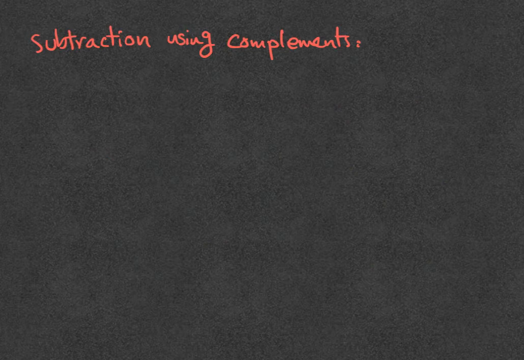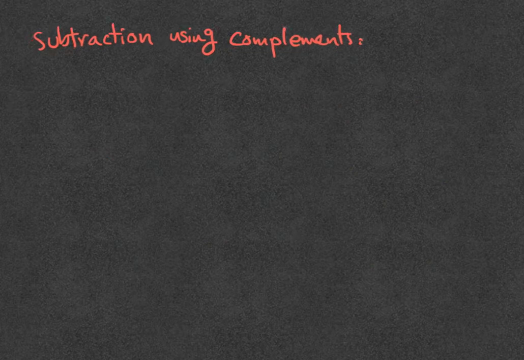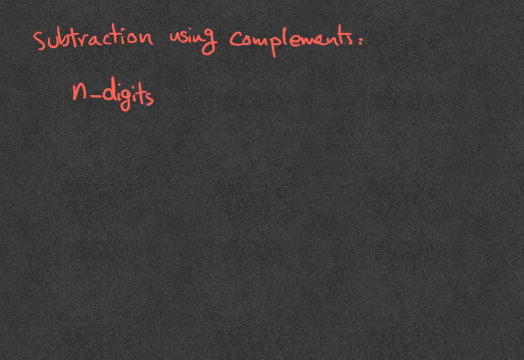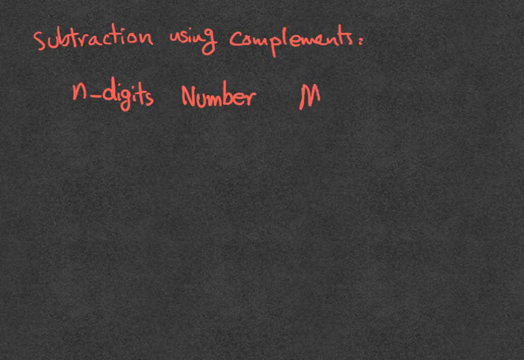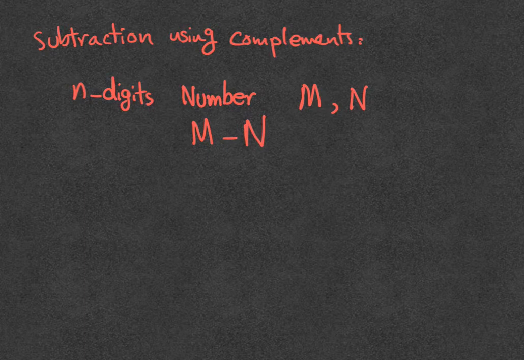Okay, let's say you have two numbers m and n, and each of these two numbers has n digits. Okay, so you want to subtract n from m. Step 1 in the subtraction, finding m minus n, is first you add